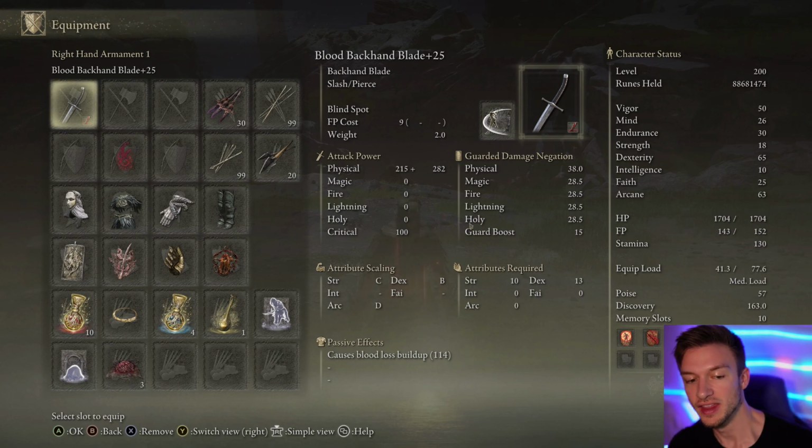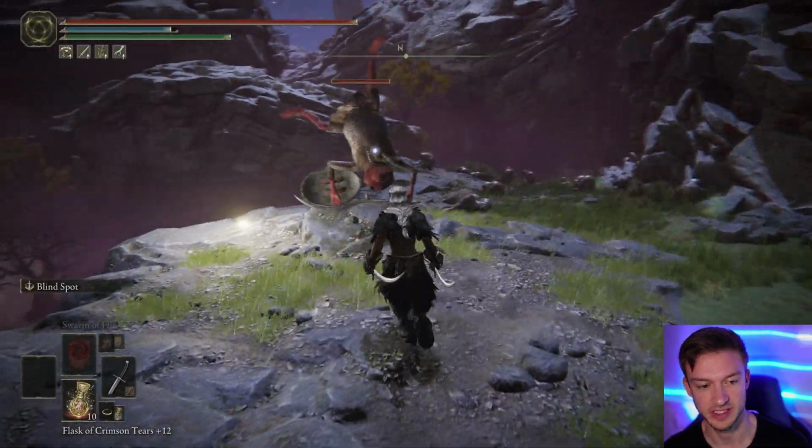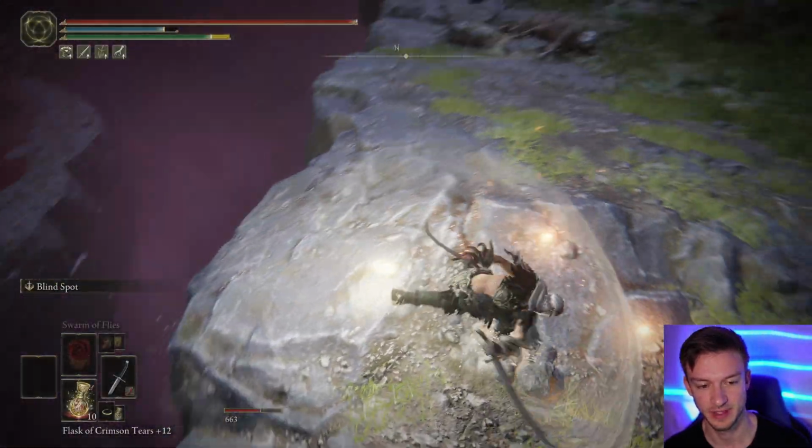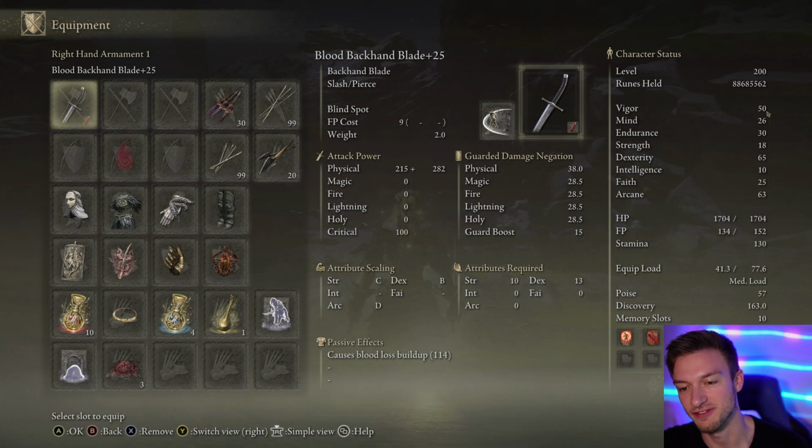So this will scale, if we put a blood affinity on it, off of our dexterity, but also off our arcane to build up the blood loss buildup. This weapon attacks fast, making it a really great candidate to put this on. So you can see the stats there. I'll go over them in just a second after I take care of this guy, but yeah, literally just knocked him off the edge. So at level 200, we got 50 vigor, 16 mind, 30 endurance, 18 strength, 65 dexterity,